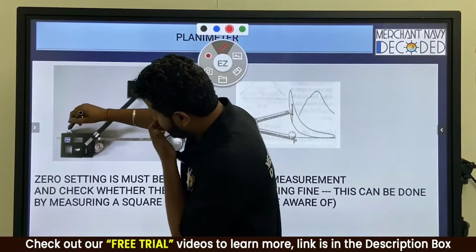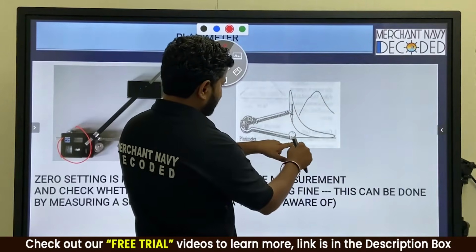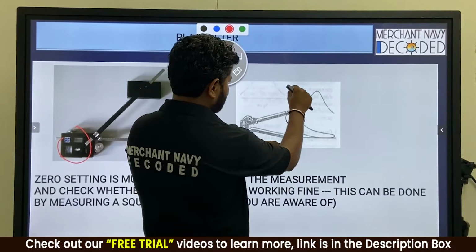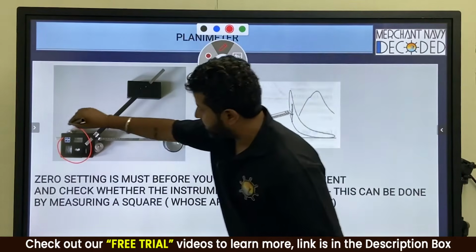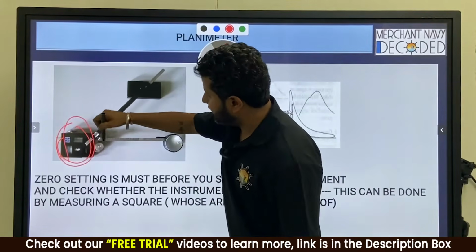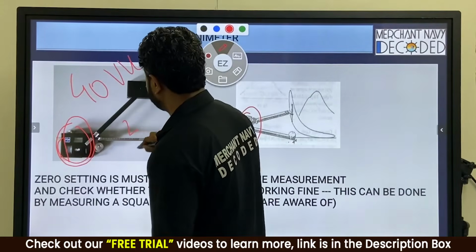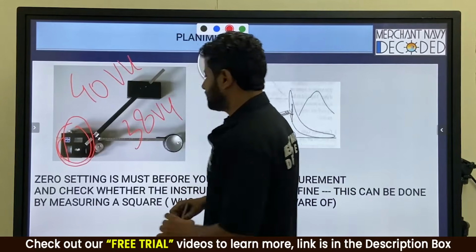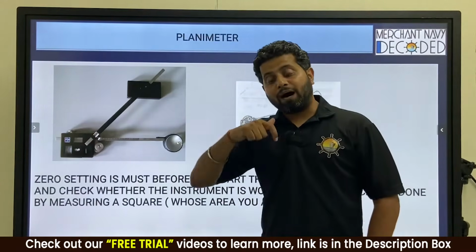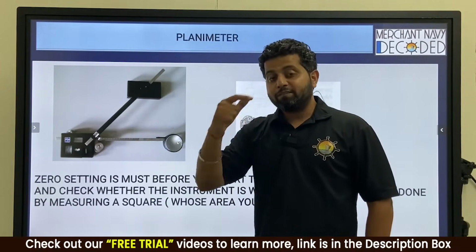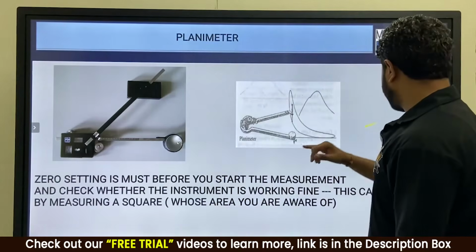When this has traversed, say this is a fixed point and you are taking this like this over here. Finally the area is calculated over here. So when you see the area, say it is 40 vernier units, 38 vernier units. So this is the area calculated by the planimeter, and from that area we calculate P mean, that is a separate video that we are making. Copied guys? So आगे बढ़ते हैं.